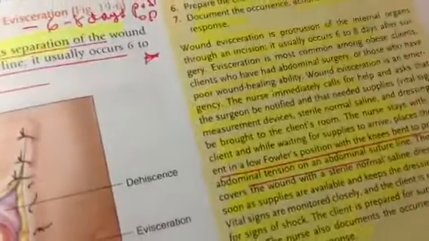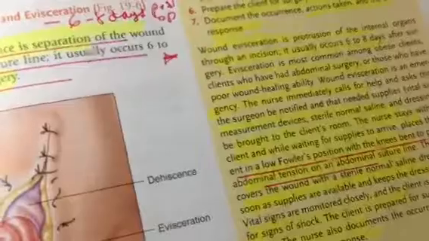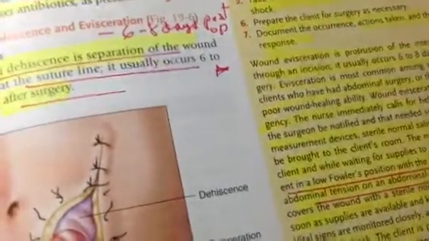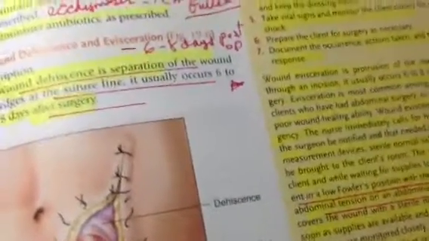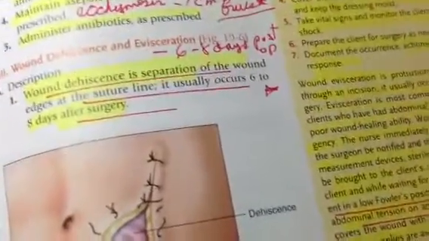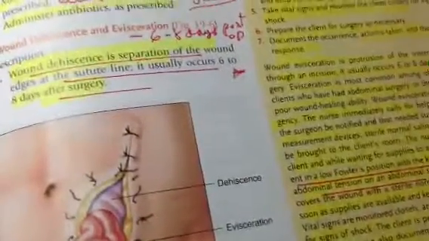Actions to take if evisceration occurs: call for help, ask that the surgeon be notified, and that needed supplies be brought to the client's room. Stay with the client. While waiting for supplies to arrive, place the client in a low Fowler's position with the knees bent. Cover the wound with a sterile normal saline dressing and keep the dressing moist. Take vital signs and monitor the client closely for signs